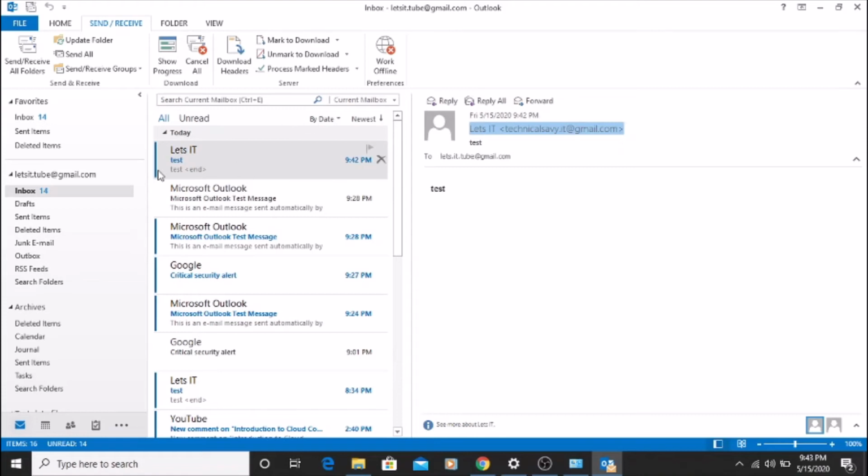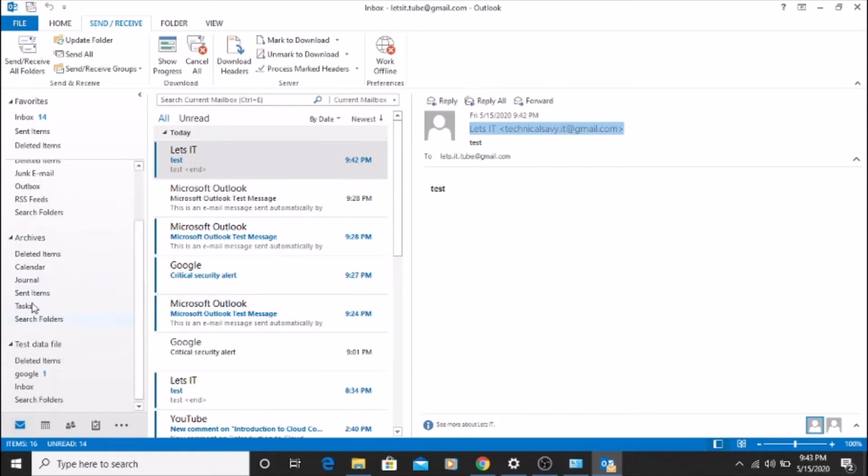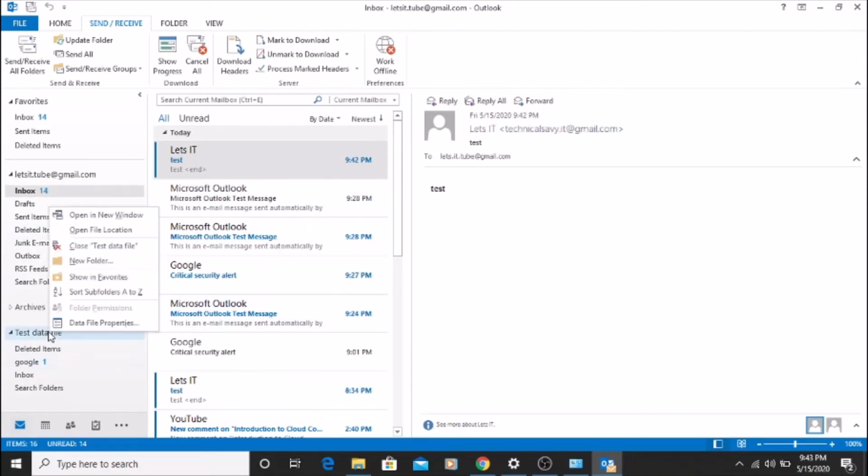Now I'm going to set up a rule stating that if anything comes from Tech Savvy, it goes to my PST file. I have created a folder. You can have the same folder either in the same PST file and point it there, or you can go to the other PST file as well.